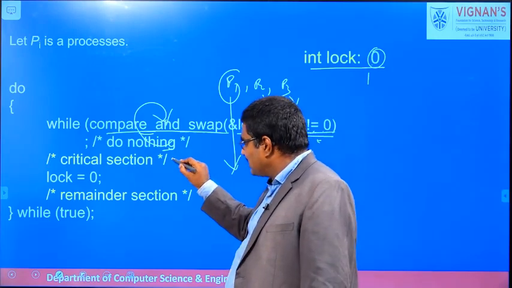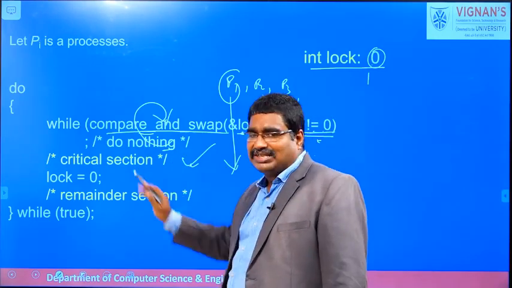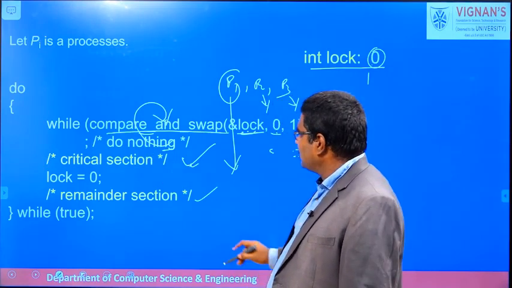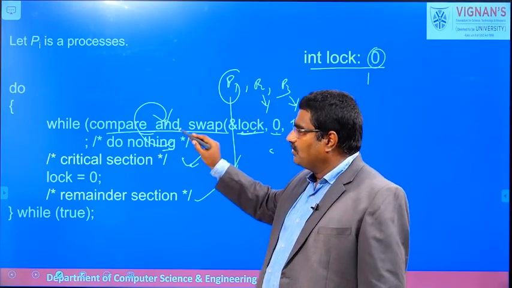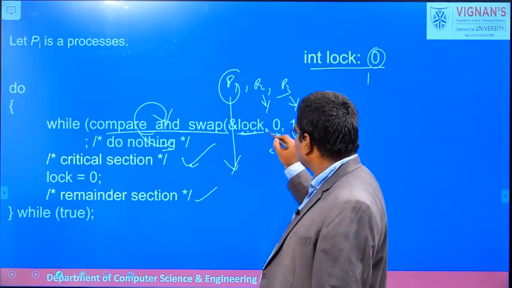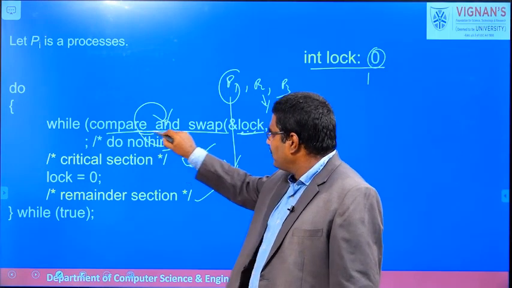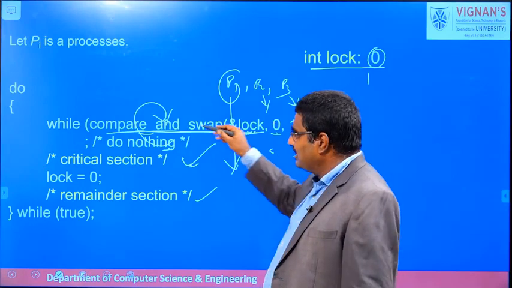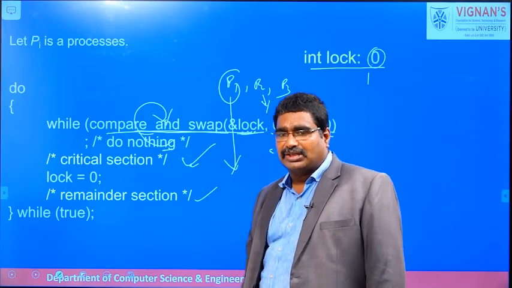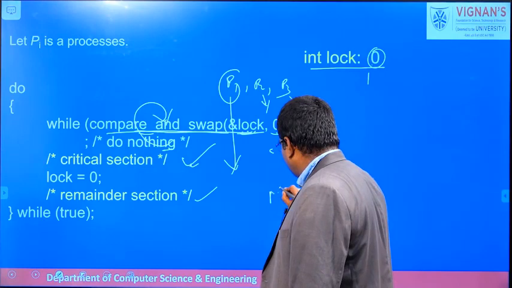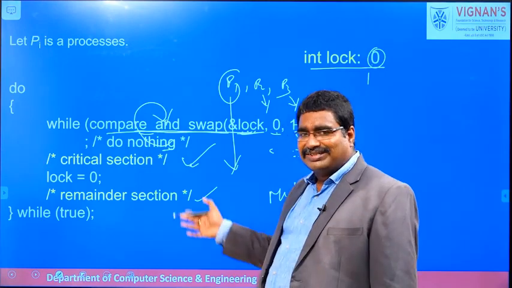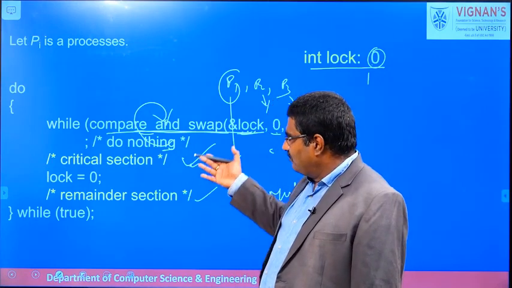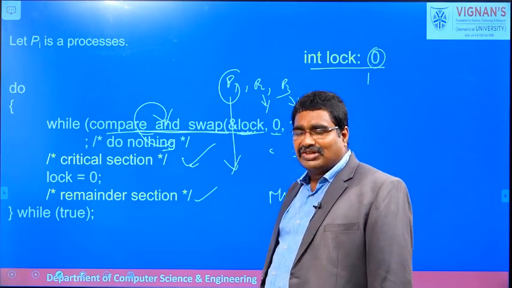And once the critical section is completed by the P1 process, in the exit section 0 is assigned to the lock variable and P1 goes to the remainder section. One of P2 or P3 is allowed to enter into the critical section because the lock value is equal to 0. Whichever first calls compare and swap, it returns the value 0. So 0 not equal to 0 is false, the while loop terminates and it is allowed to enter into the critical section. This algorithm satisfies mutual exclusion and progress, but it does not satisfy bounded waiting. The reason is that this algorithm does not follow any waiting array; a Boolean array is not used.